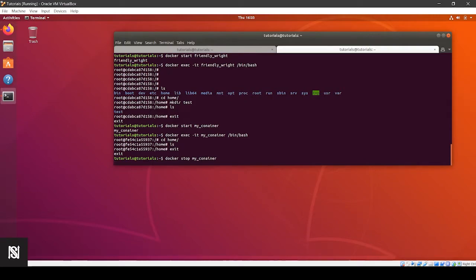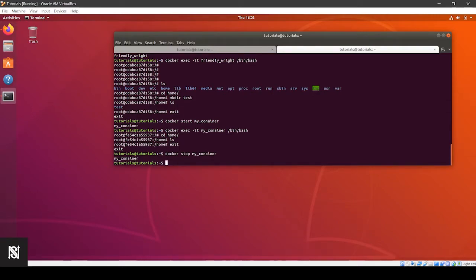Now you see that that specific file system was particular to the container of friendly write, and it will still be there unless and until I delete it. So what if you want to make the changes? In my case, it's just a useless folder, but sometimes you will have some installations which you want to keep and want to make new containers out of it. In that case, you will have to create an image out of that container. So that is also pretty simple. But again, for the proof of concept, I'll show one more thing.